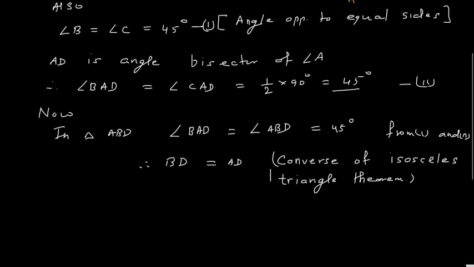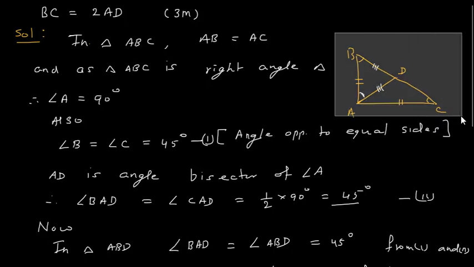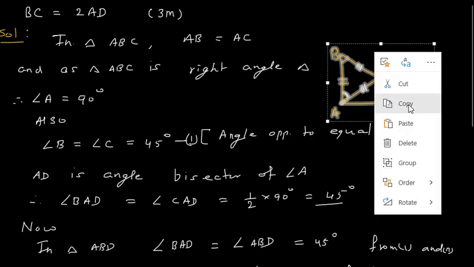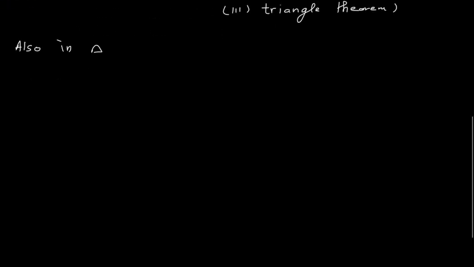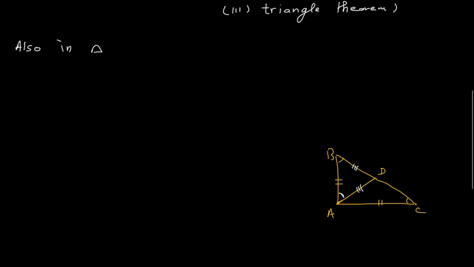Now BD is equal to AD. This I will consider as the third equation. Also, in triangle, I will take one more triangle ADC. Let us copy this from here, use this diagram somewhere here. Okay, so in triangle ADC,